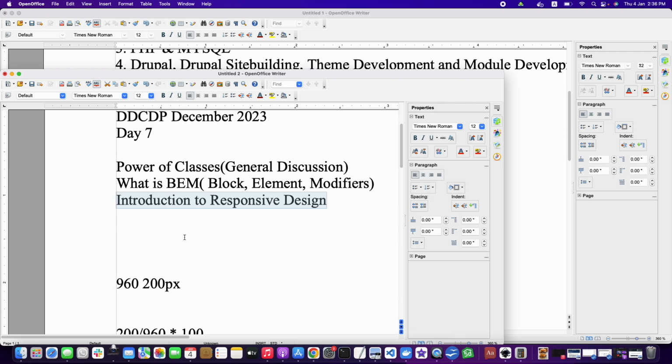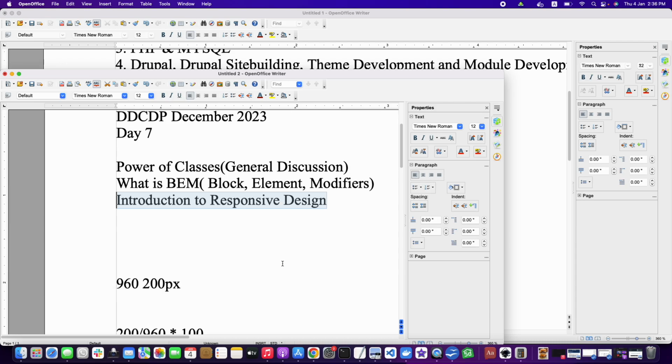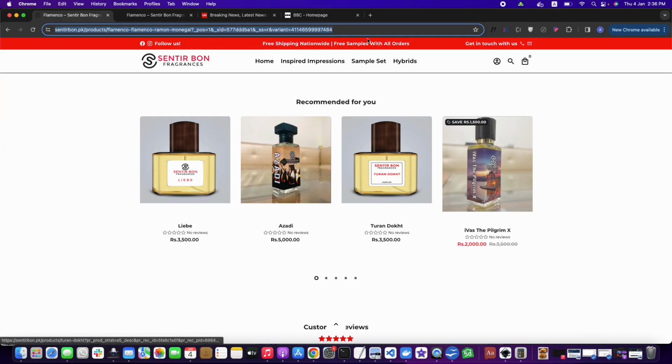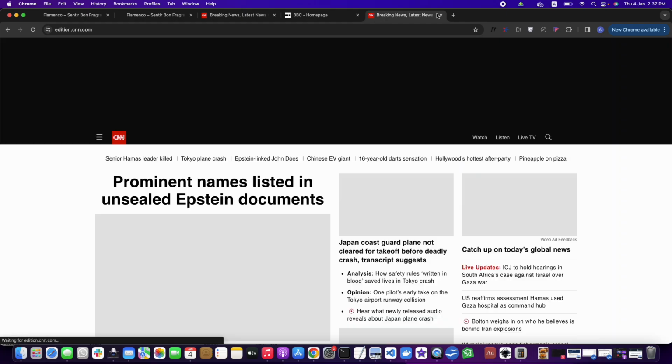Okay, we will continue with introduction to responsive design, and in this session of day 7 we will have a flexbox based layout which we will make responsive. But before that, let me just give you some idea. If I go to cnn.com, for example,